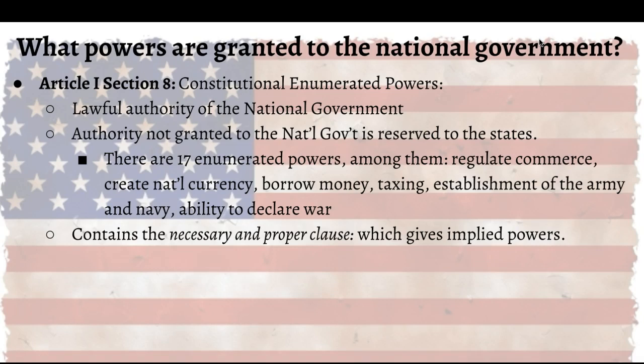And so this implied powers clause is going to say, quote, "to make all laws which shall be necessary and proper for carrying into execution the foregoing powers, and all other powers vested by this Constitution in the government of the United States or in any department or officer thereof." So what it's saying is that the national government can use whatever means necessary and proper, whatever means they might need, as long as they do not infringe upon the rights of individuals,